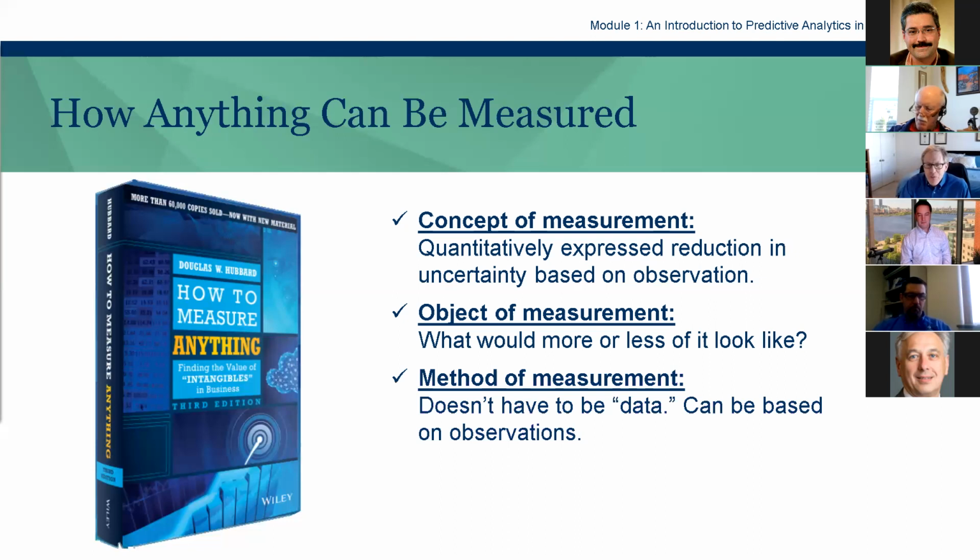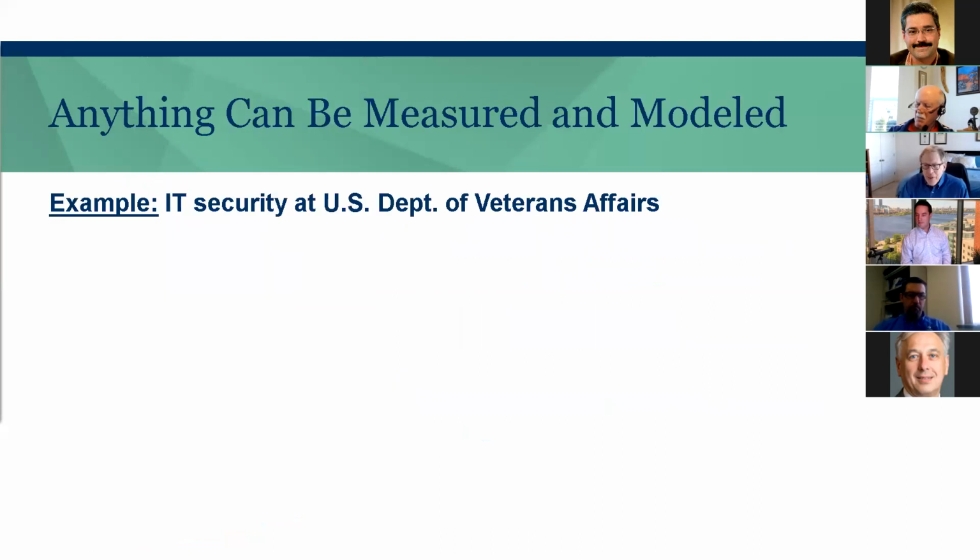So if someone says, we just can't measure that because there's no way to put a number on it, we can say, well, if it can be observed, it can be measured. An example I like to give is several years ago, the US Department of Veterans Affairs CIO Council was trying to define IT security because they were contemplating some new systems, and improvement in IT security had to be part